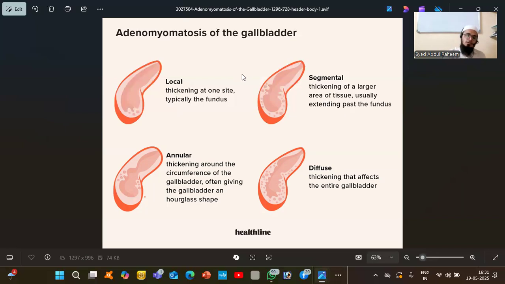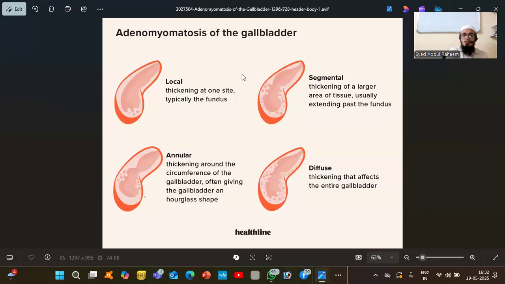So adenomyomatosis is the accumulation of fat or cholesterol on the wall of the internal layer. That's the reason in the ultrasound you will see wall thickening of the GB, the gallbladder. Wall thickening means inside the wall there is an excess amount of fat. That's the reason when you scan, you will see that excess thickening. Okay. So these are the main common diseases of